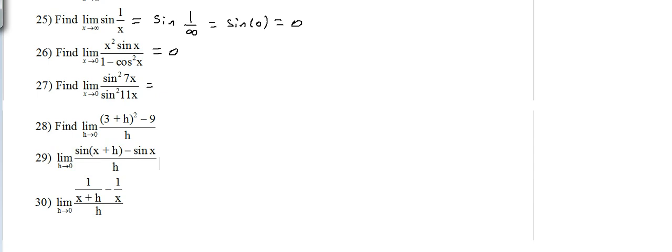I think we have space to do it here. So it's the limit as x tends to 0 of, let's split these two. Instead of sine squared 7x, we can say it's sine 7x times sine 7x over sine 11x times sine